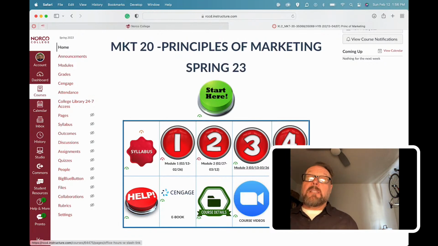If you choose to take the class online, or that's how you signed up, then it's all online. There's going to be a check-in assignment that you do each week. There's going to be a homework assignment you do each week. There's going to be a quiz based on the chapters that we're going to be covering that week. So you're still going to be forced to get into the book, but you're not going to be hearing me lecture. It's going to be you reading the book and then you doing the quizzes.